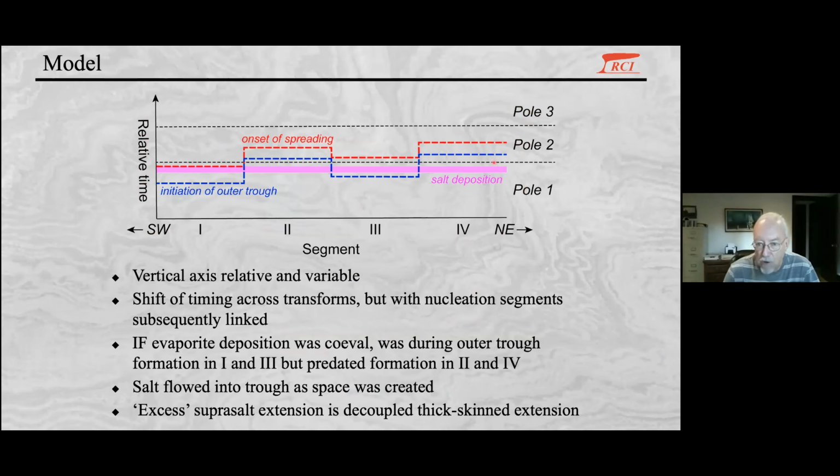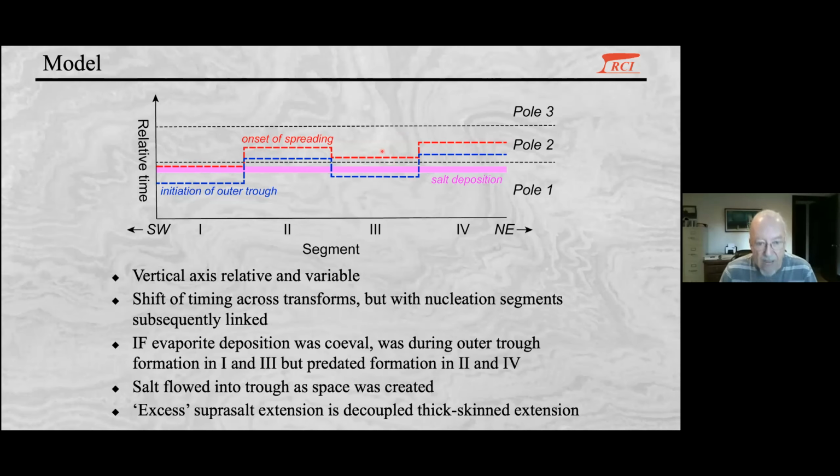And then what I'm showing is with the blue line, the initiation of the outer trough. And again, this is schematic. And with the red, the onset of spreading. We know that they both predated the switch in poles in this segment, and they postdated the switch in poles in these 2 segments, whereas in segment 3, this happened prior to the switch, and the onset of spreading was